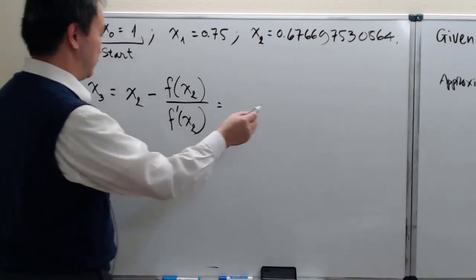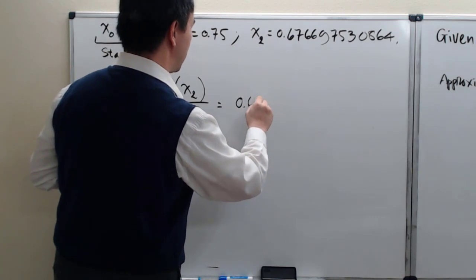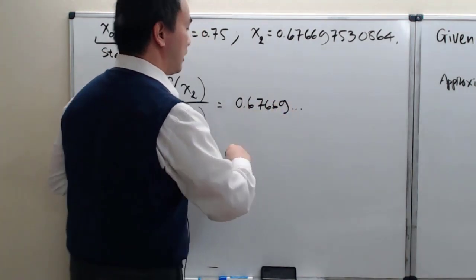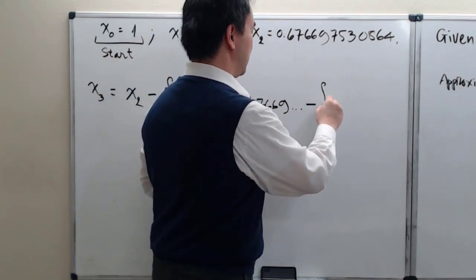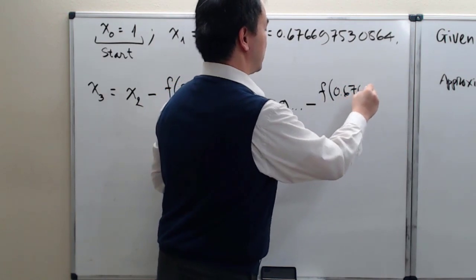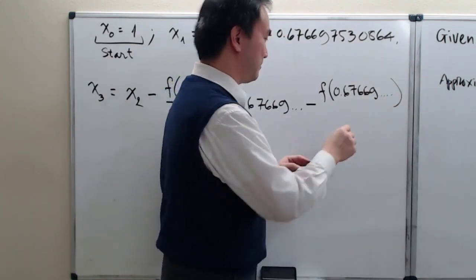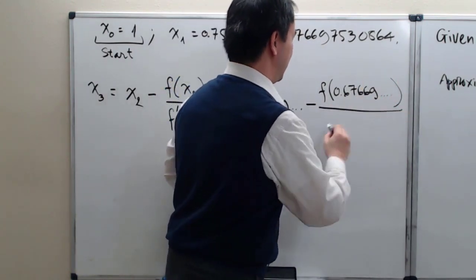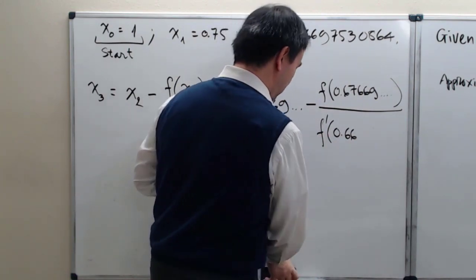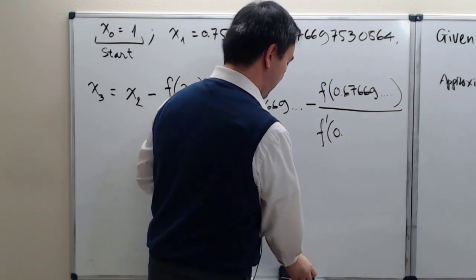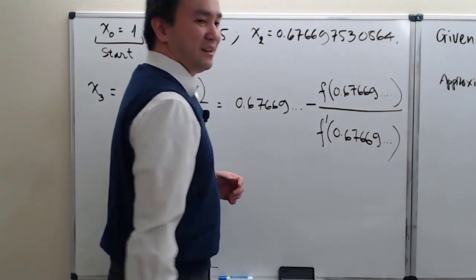It's too long for us. Or maybe I'll just write it down, but I have to chop up a lot of values there. So how about 0.67669, and a lot longer means I don't even round. I just have to leave it like that. Minus, and now f at 0.67669 and a lot longer. Okay, that's not really rounded properly. I'm just hiding the other digits, and then divided by f prime at 0.67669 and a lot longer. Okay, and so